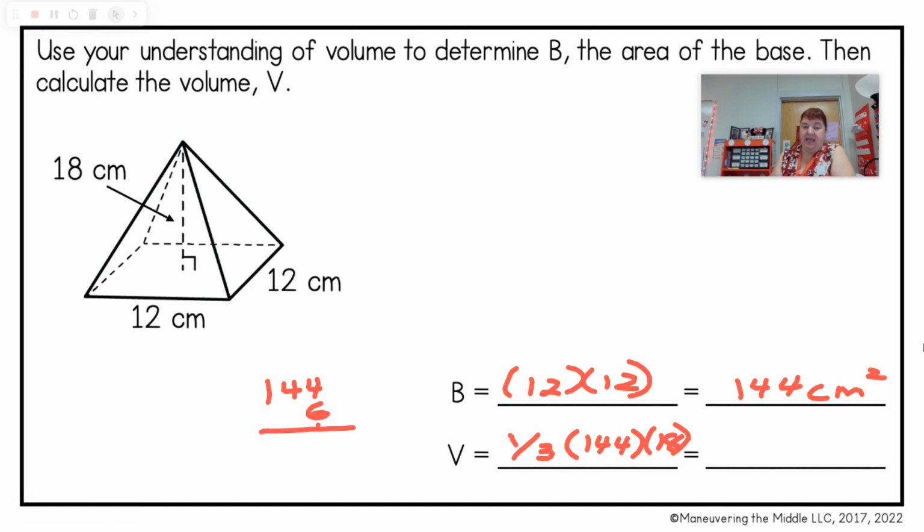So now I have 144 times 6, so I get 864 centimeters cubed. Okay? Okay, so now what I want you to do, now that you know how to do